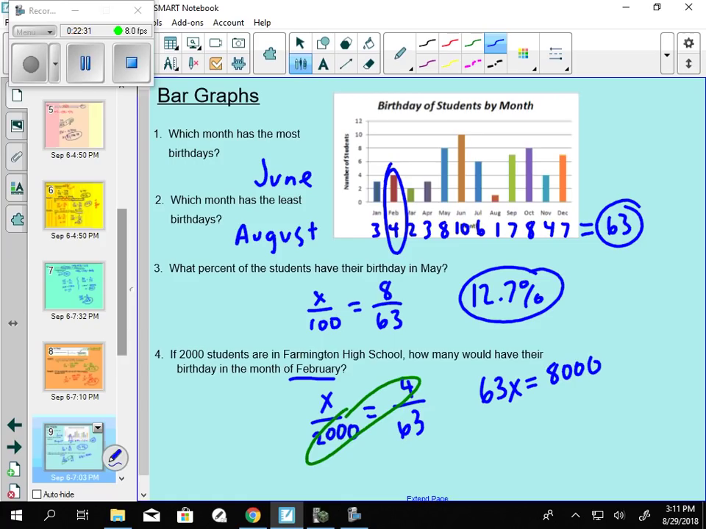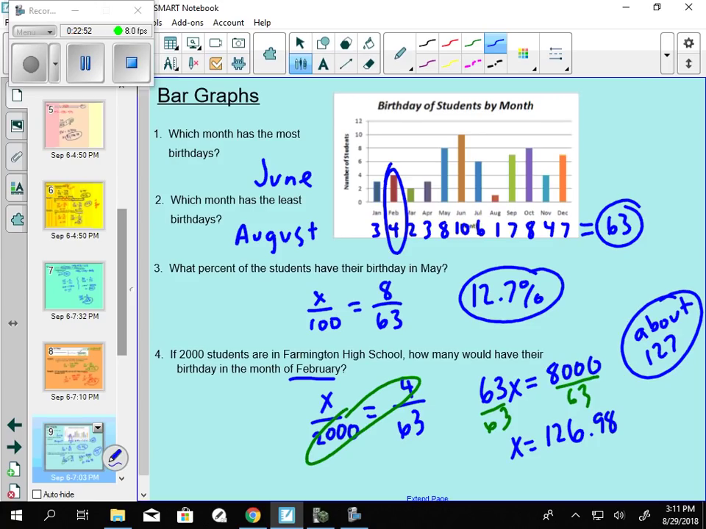Now divide by 63. Use a calculator. Quickly get the answer here. Looks like we get about 126.98 something, so very close to or about 127 students would have a birthday in February if the same